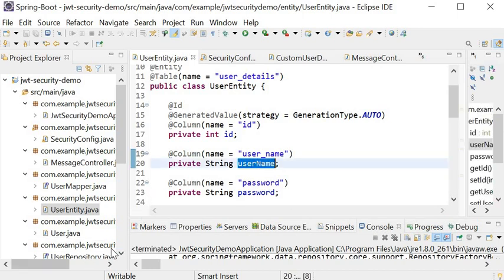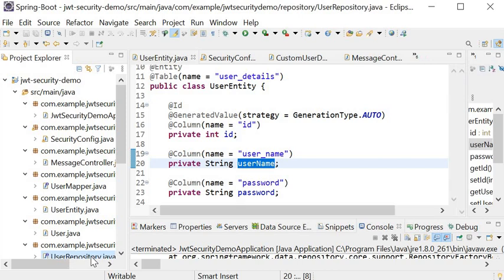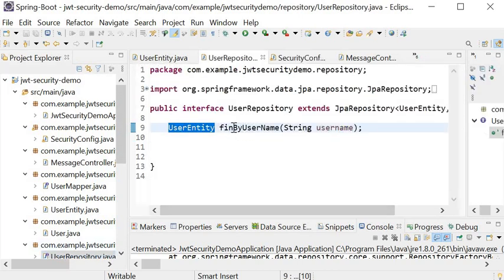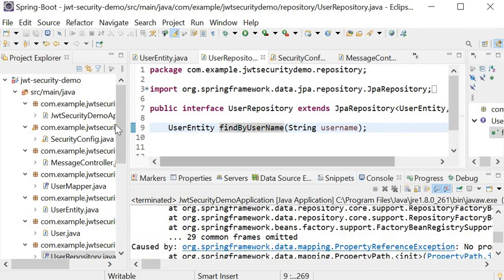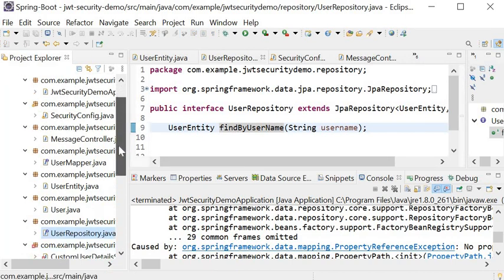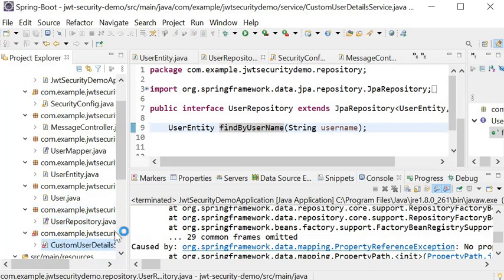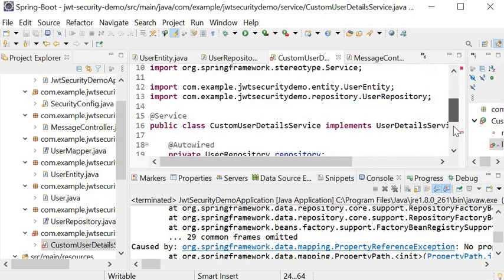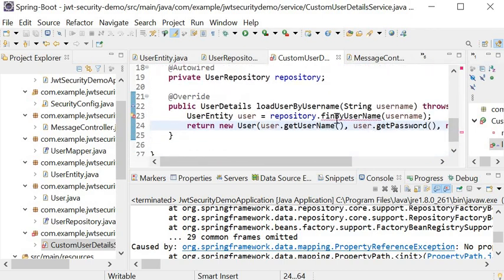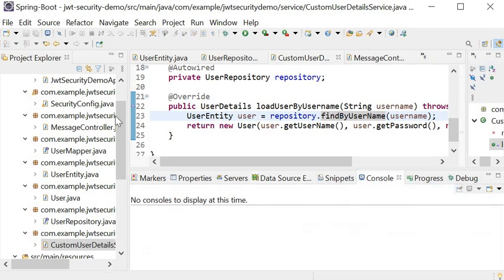And now I will go to UserRepository.java and findBy, here I have missed the D, so I will save it, findByUsername. And now I will go to my CustomUserDetailsService and need to change the function name here also. So here I will add D. Now I will run this application again.